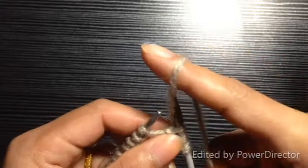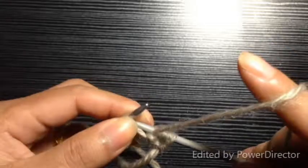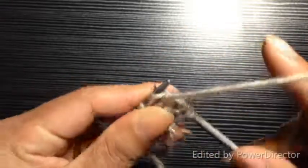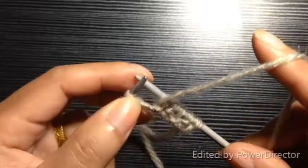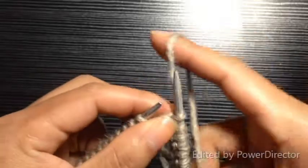So take your yarn to the front, right, and purl your next stitch, right, and take your yarn to the back, knit your next stitch, take your yarn to the front, purl your next stitch, take your yarn to the back, knit your next stitch, take your yarn to the front, purl your next stitch,